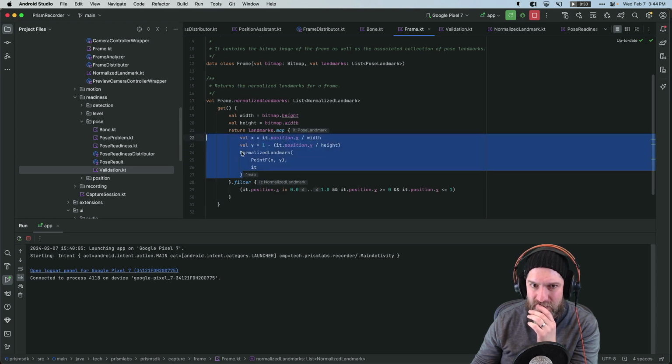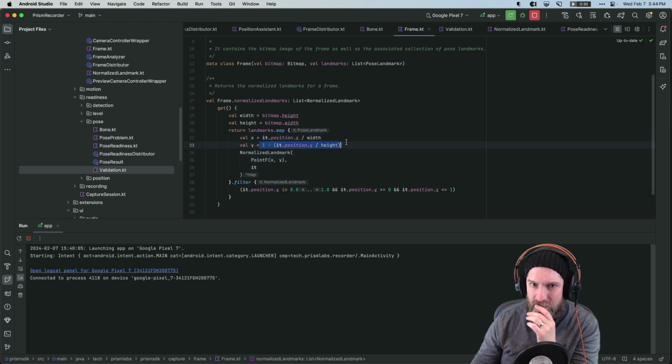And we're just constructing a normalized landmark, 1 minus height. And we're filtering